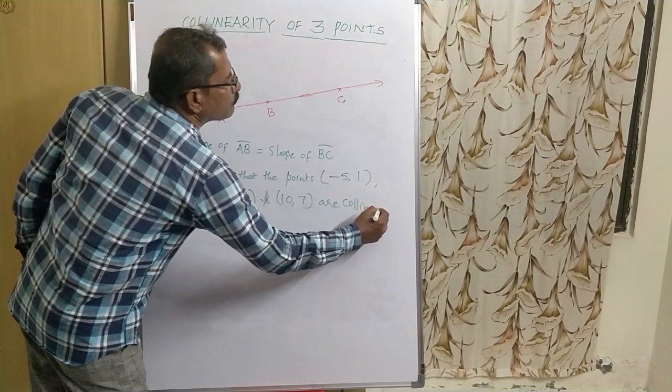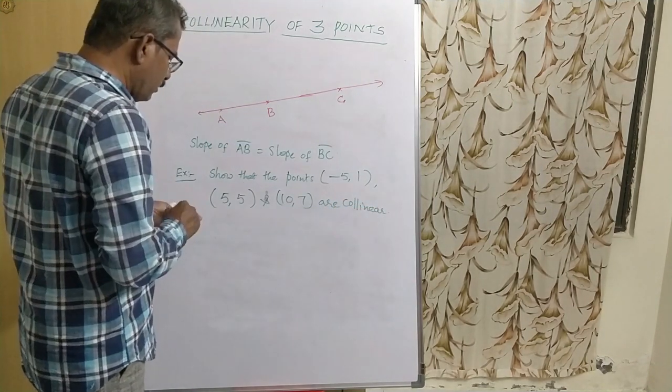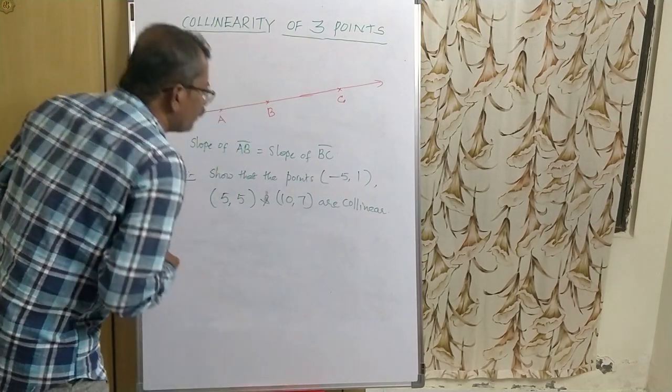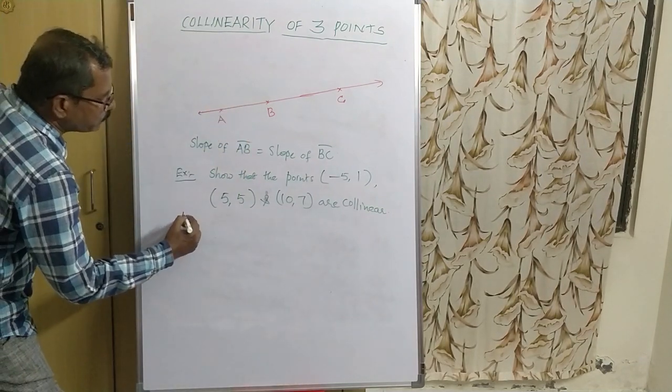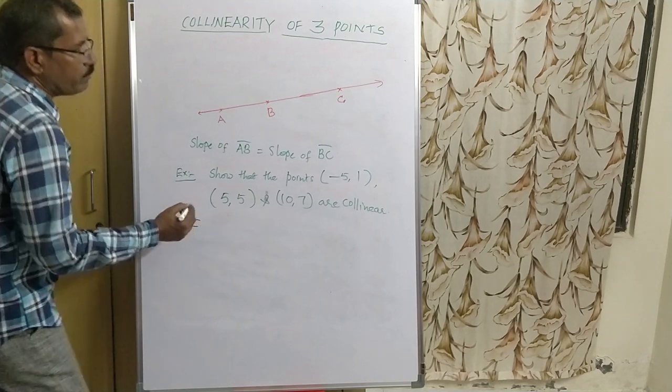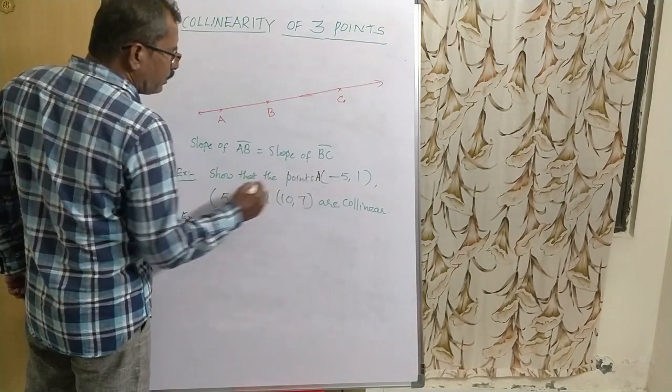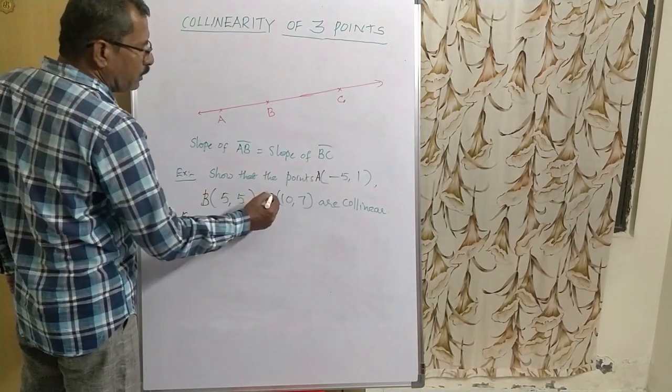By using the above concept, I am taking this one as A, this one as B and this one as C. Now slope of AB